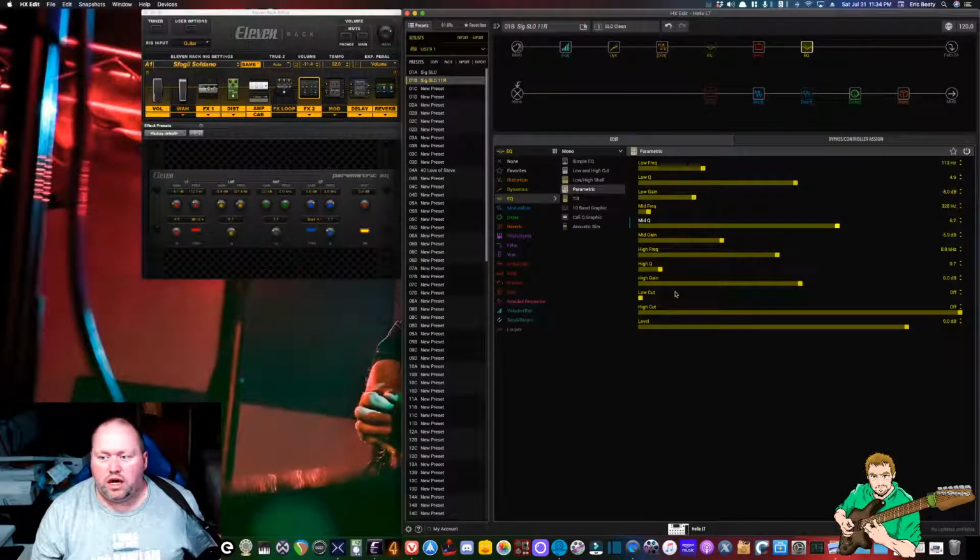I do not have a low cut. That's what this low frequency is actually acting as, a low cut. I may change these, the low cut and the high cut later, depending on what it sounds like. Okay, so we have the EQ now. I'm going to leave that on since it's on the